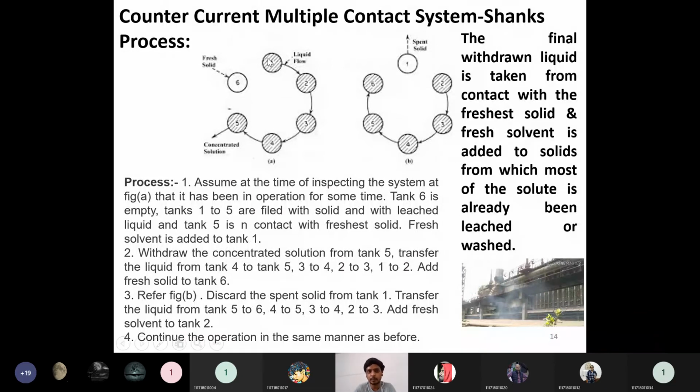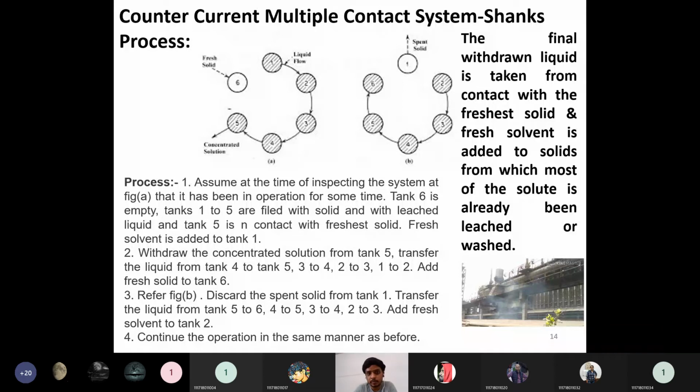At the initial point of time, you are filling this tank with solids plus solvent. Then after filling tank 1, you are filling the next one, so the time taken to fill it is added. If filling this tank takes you 1 minute, then the next tank takes 1 minute too. So the age of tank 2 will be younger than the age of tank 1. Is this example okay, with the ages I am referring to? Yes, sir.